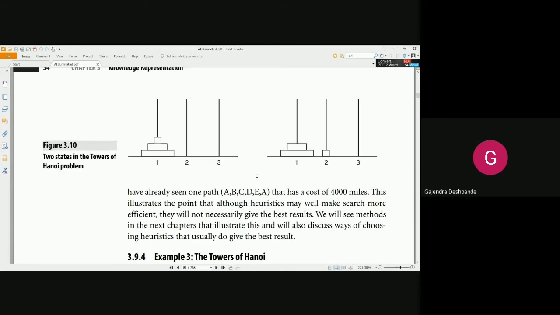Now you cannot move all these three discs at a time. You have to move only one disc at a time. So in that case, you can use pole number 2 as the intermediary pole or temporary pole, which may help you to move other discs. So this is how it works.